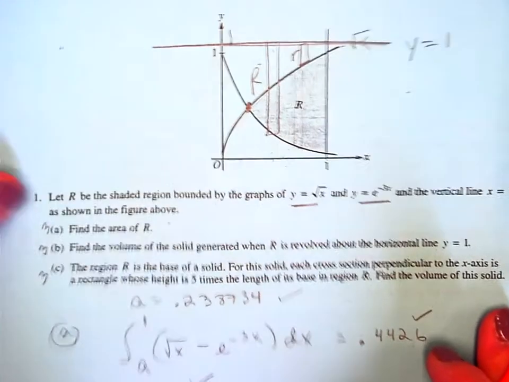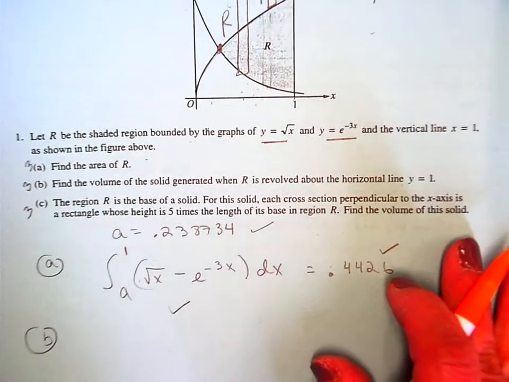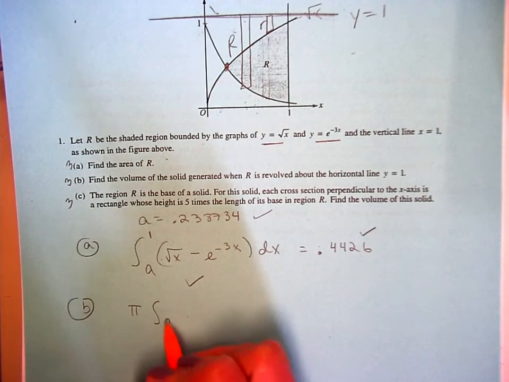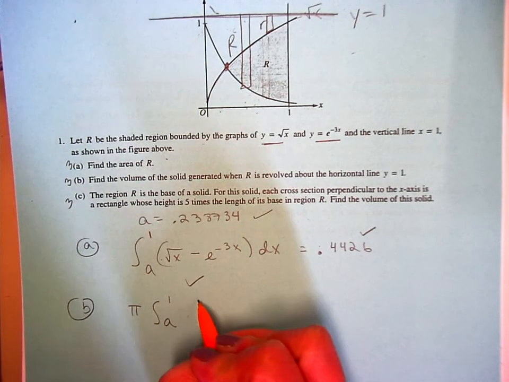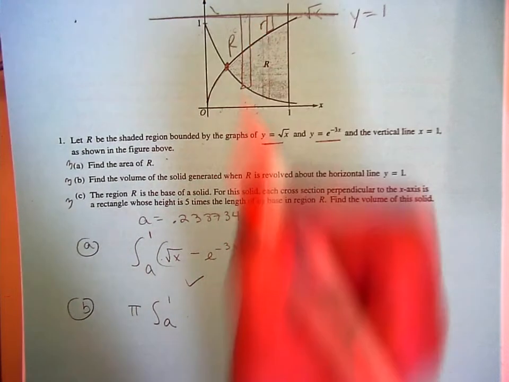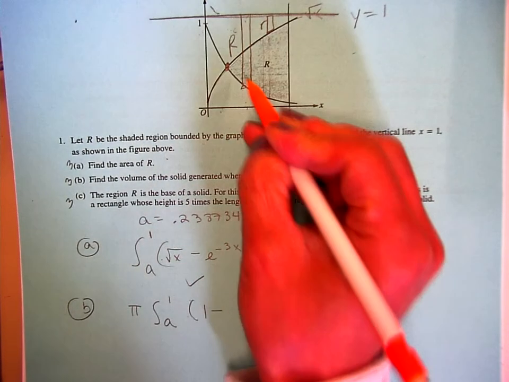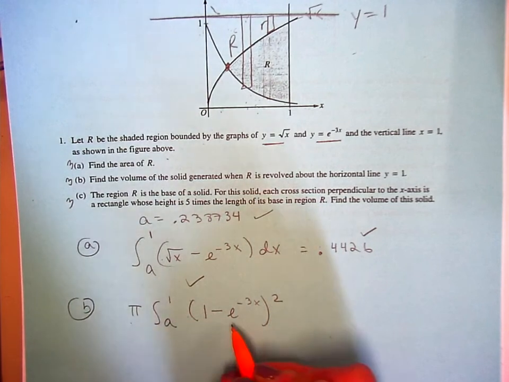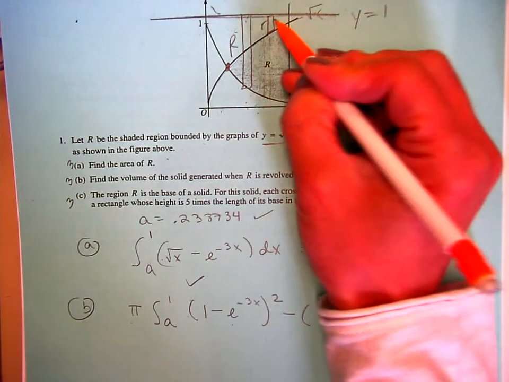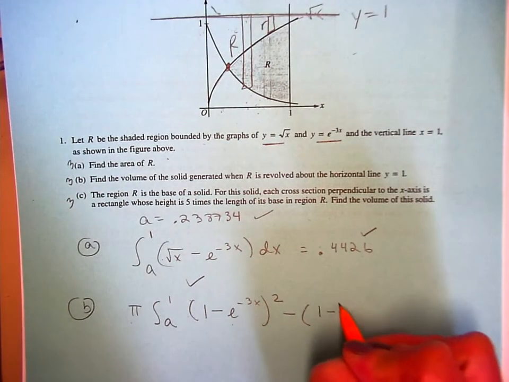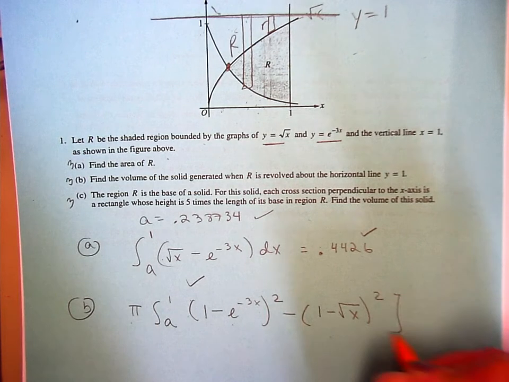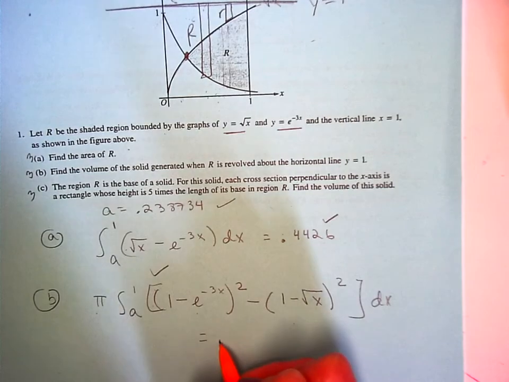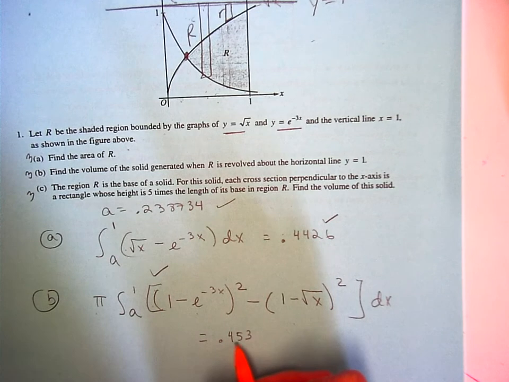So my integral is pi, same bounds as part A, A to 1. My big R is the top, which is 1, minus the bottom function, which is the exponential, squared. So pi big R squared minus the little r, the top is 1 again, but then the bottom of the little r is this. So this would be the setup, and you can either give me 0.4531 pi or